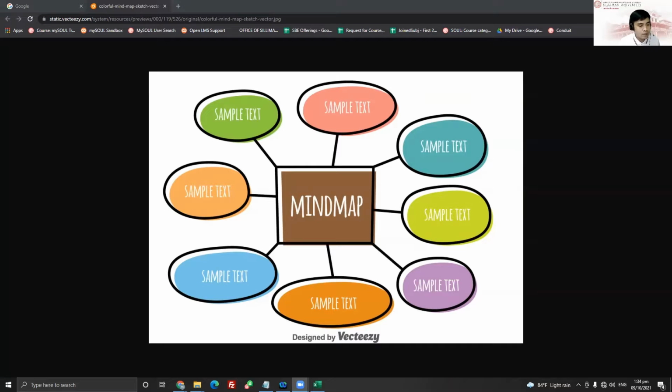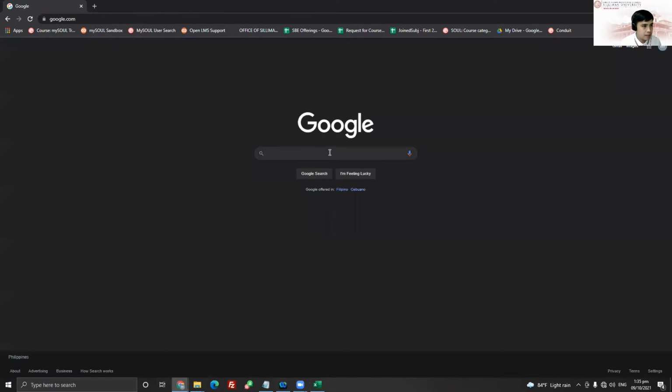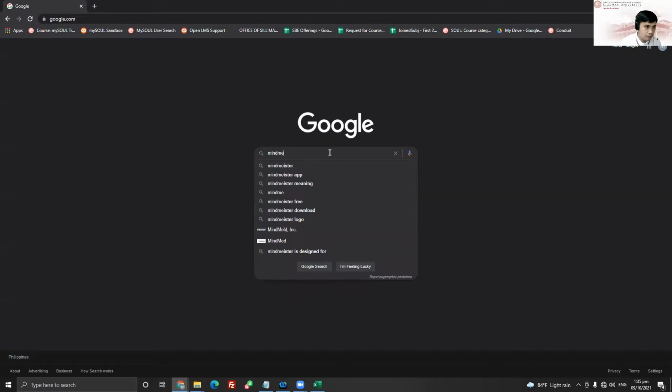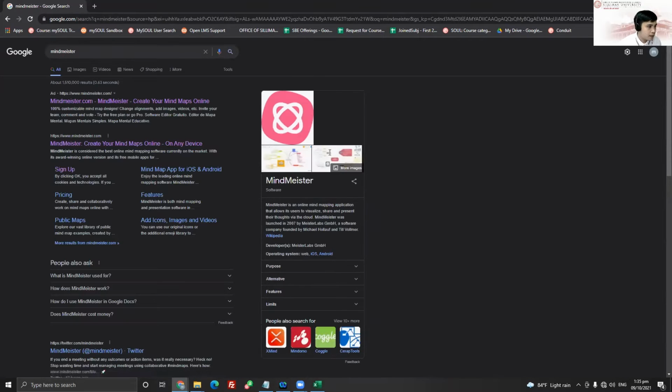The name of the tool is Mindmeister. So how do you access the tool? You just have to open any web browser on your PC. In my case, I'm using Google Chrome, and I will just type Mindmeister. So that would be Mindmeister. And you just have to click the first result here. It says